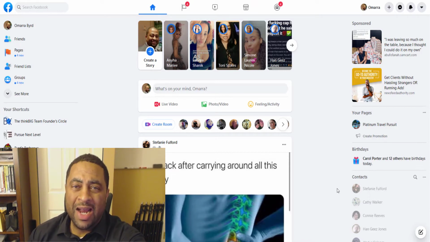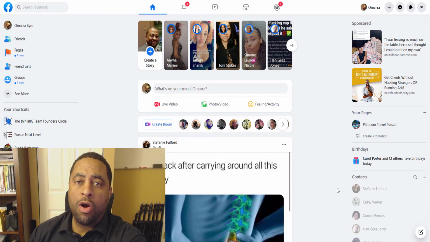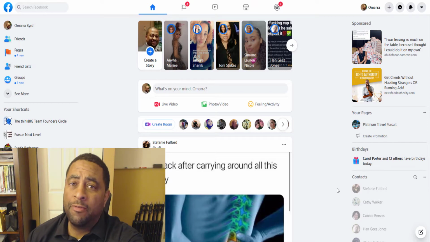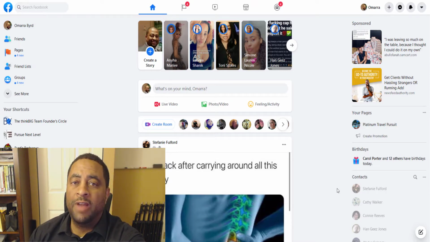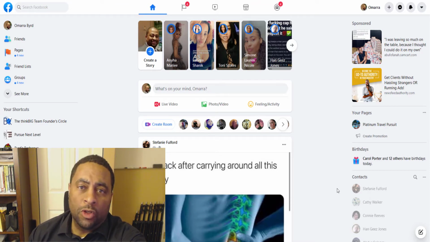When you're talking about organic, it's a little bit more long term. So the great thing about it, though, is that you're not paying anything for any of this traffic that you produce. And so that's great for those who are coming in and don't have funds to actually invest in ad spend. But for me, I prefer ad spend, but I also prefer that I'm getting traffic from multiple sources.